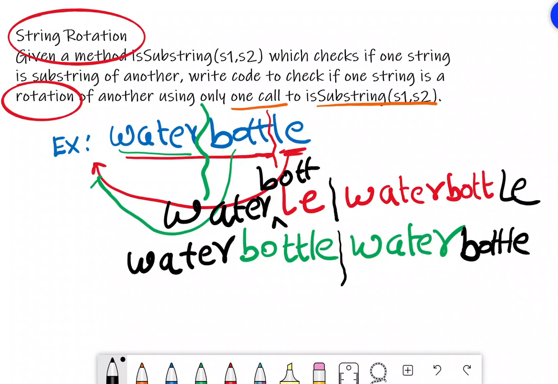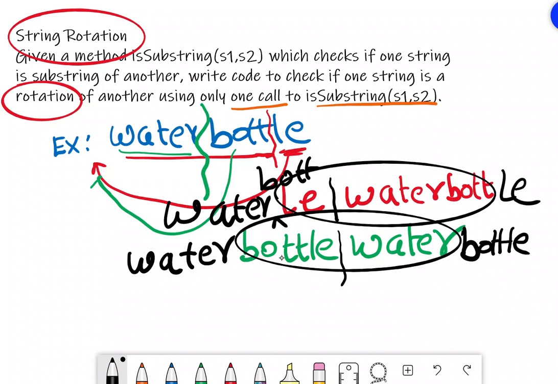So from this what we can observe is, if I have any valid rotation, these are the rotations, these rotations will be a substring of the whole string repeated twice.